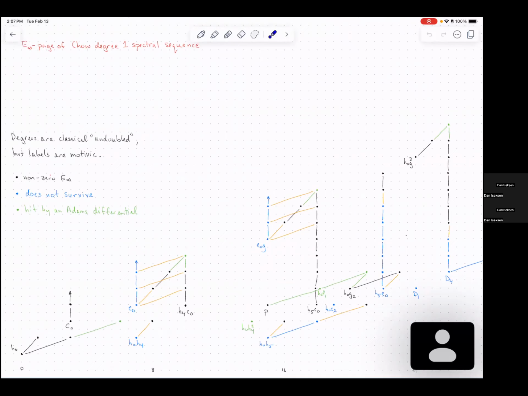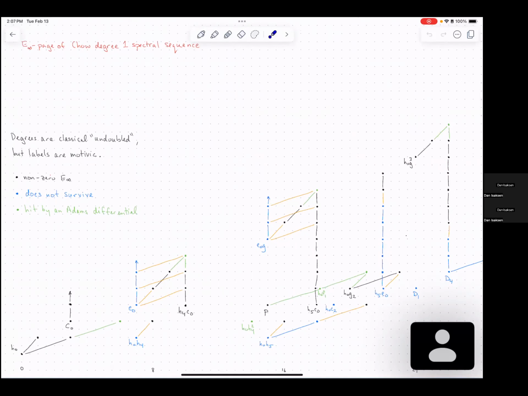So I did this in a range. This is the E infinity page of the Chow degree 1 spectral sequence. So you count not just the D1s that we talked about in terms of H1 multiplications, but the higher differentials in terms of the Massey products, then this is the stuff that's left. Okay, so this chart is,